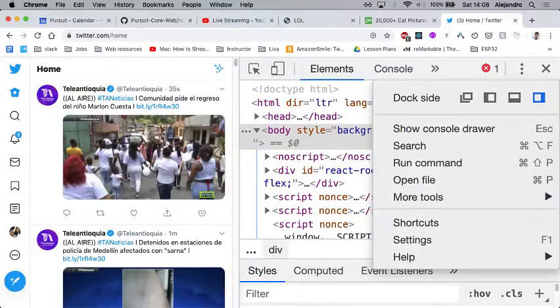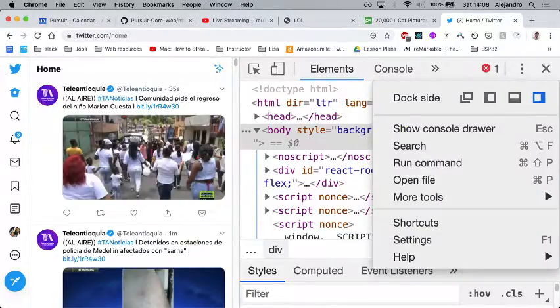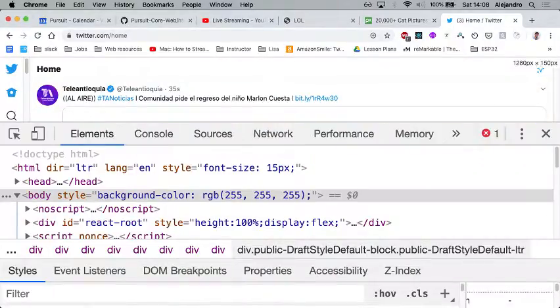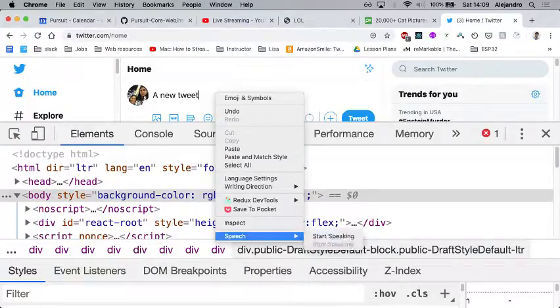But for now, I'm just going to change the developer tools from being on the right side. I'm going to put it at the bottom. If I click on these three dots, I can switch where the developer tools will appear. I want them to appear at the bottom for now, just so that it shows me where I can type my tweet. Now I have this. So this is what I want to inspect. So I'm going to do a right click, inspect,